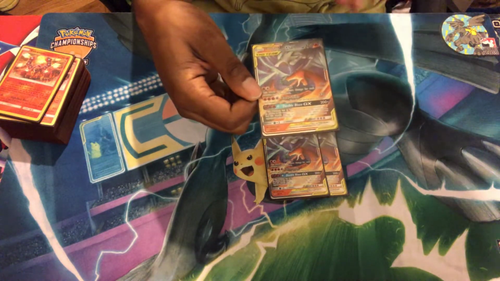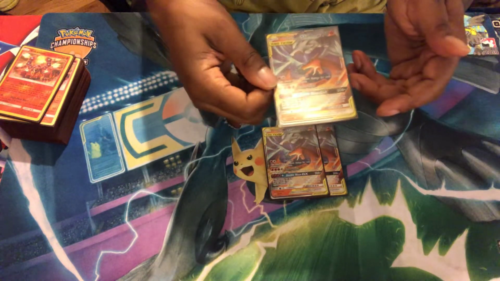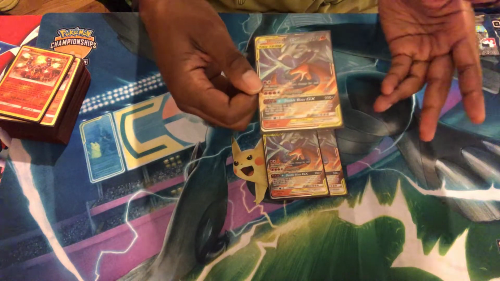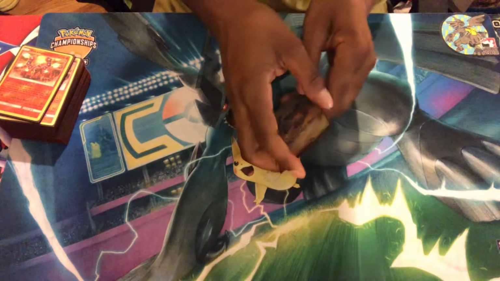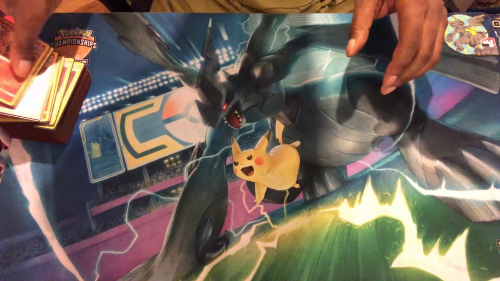This GX attack with the extra 100 one-shots a Pikarom. It basically one-shots all the GXs, which is very good, which is what you will want. Let's see, let's do over there. Okay, all right, next up,